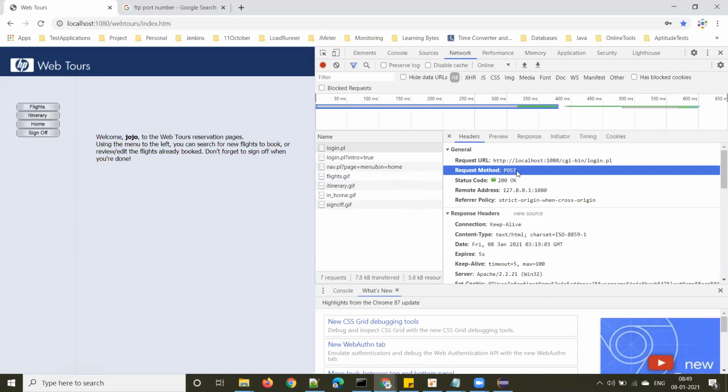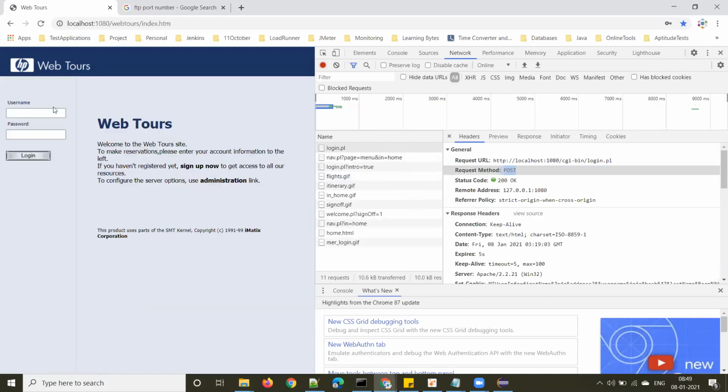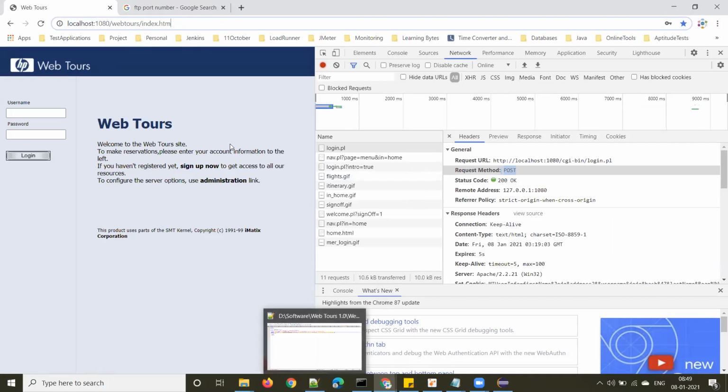Because if the developer used the GET method over there, the credentials would be visible in the URL.